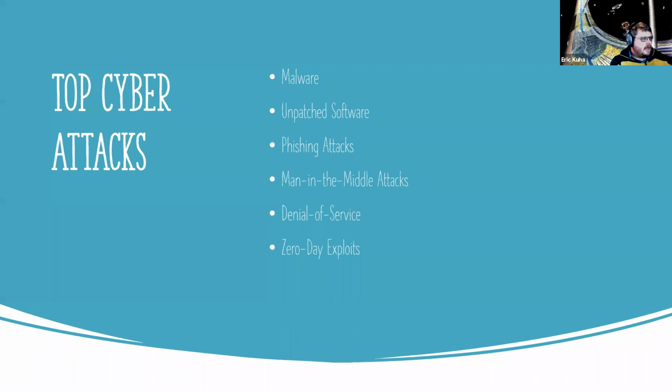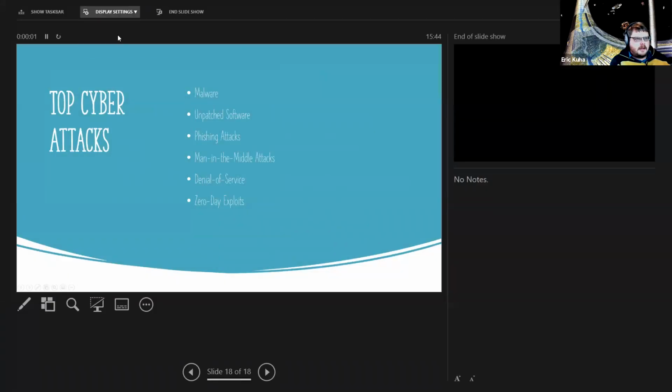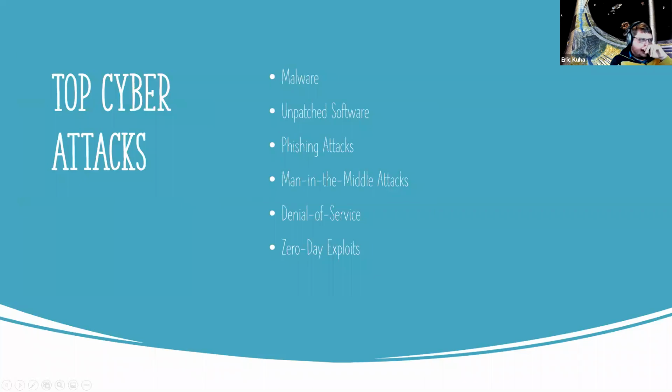A denial of service attack usually takes the form of what they call a distributed denial of service attack, where they have a bunch of computers all just hitting a server at the same time to bring the server down, flood the server with requests, and then bring it down. Sometimes this is an accident, like in 2004 when they landed the rover on Mars. It brought NASA's website down because so many people were trying to ping them to download the pictures that the rover took, because everyone wanted to see those pictures. So it was a denial of service. It wasn't an attack, but it did happen because it took people all day to download two pictures.